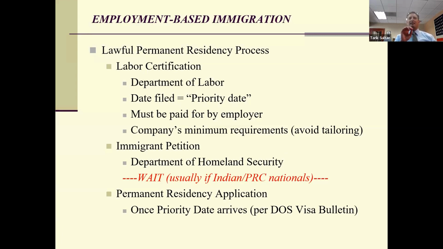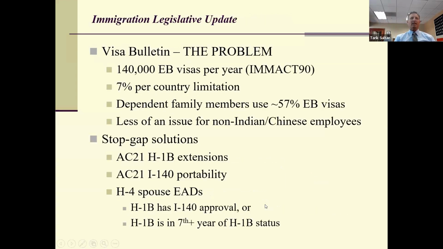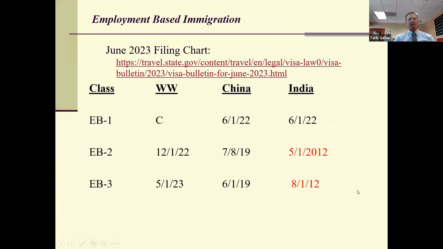You think of that date as sort of a number in line, but instead of giving you a number in line, they use the date that you filed. And then they issue this chart showing what date they're at each year. And then once your date comes up, that's when you can file for your green card. Your permanent residency application can go and be submitted, all right? And just let me skip ahead just to give you an example. So right now,